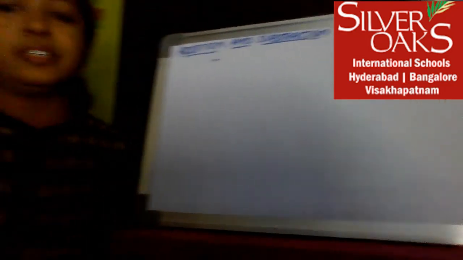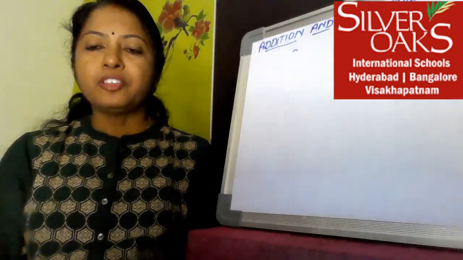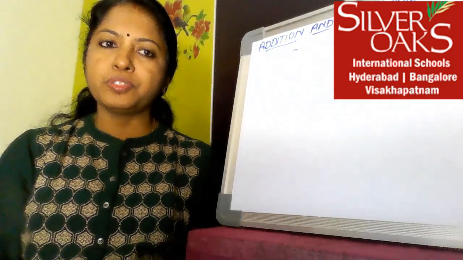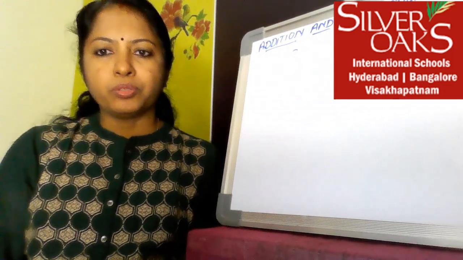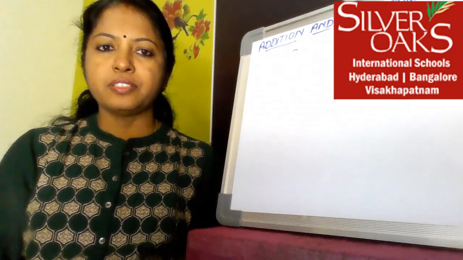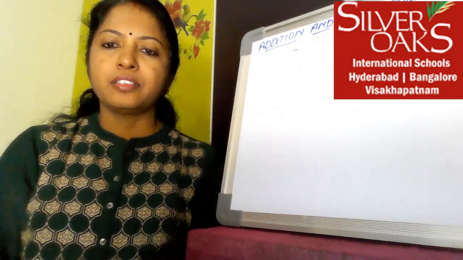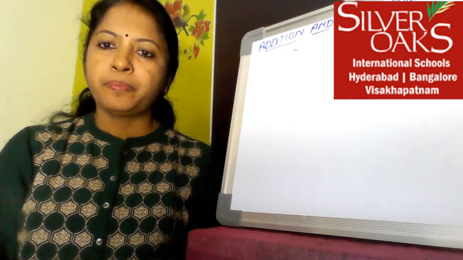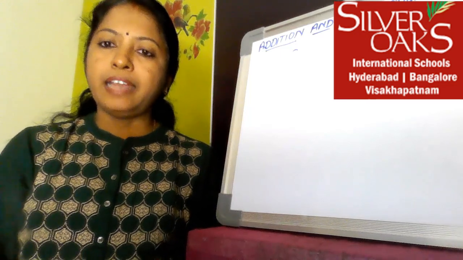So in your math concept book, page numbers 51 and 52, there are a few sums related to addition and subtraction of decimals. You can go through that for further clarification. So after watching this video, you will have a class task where you have to do that task in your journal. Take a pic of it, upload it in Google Classroom and turn in your work.